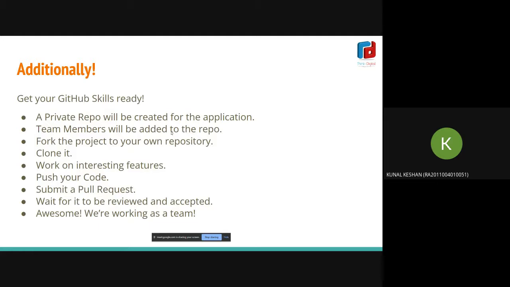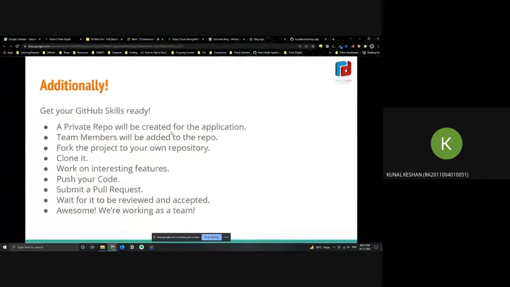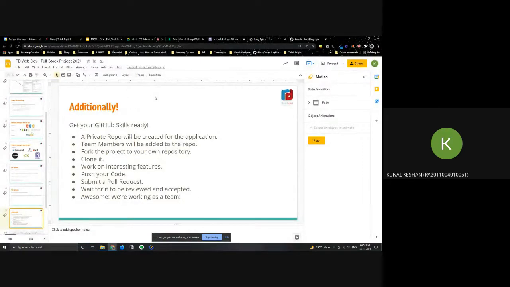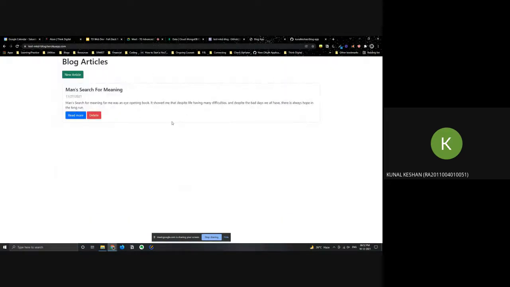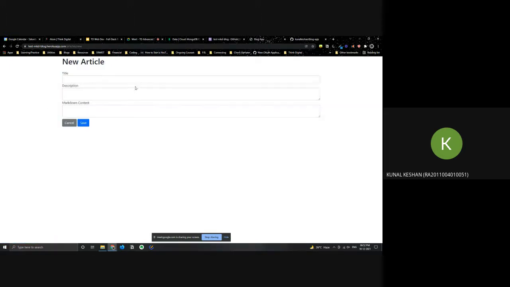And yeah, this is what I wanted to tell you, to give you a preview of what the blog app will look like. Imagine this is a very rough one. So suppose I put a new article over here, a good article, some random description. And as I mentioned, we type markdown over here.